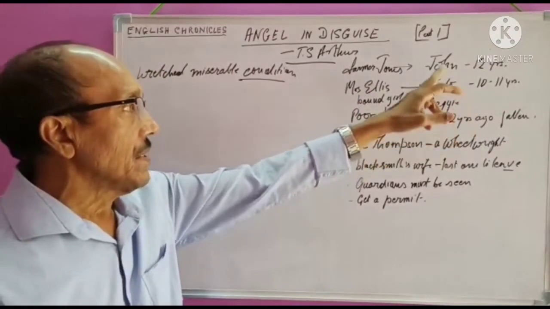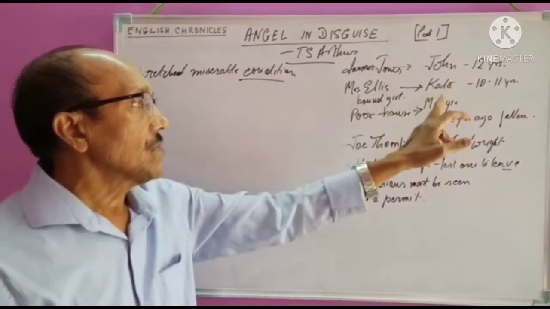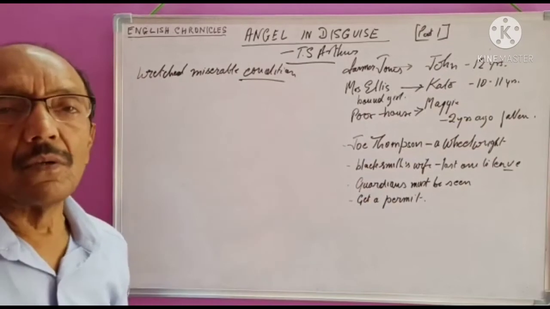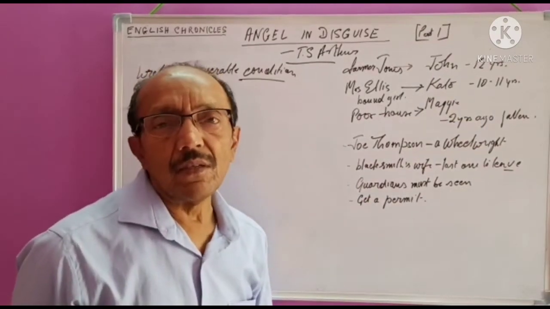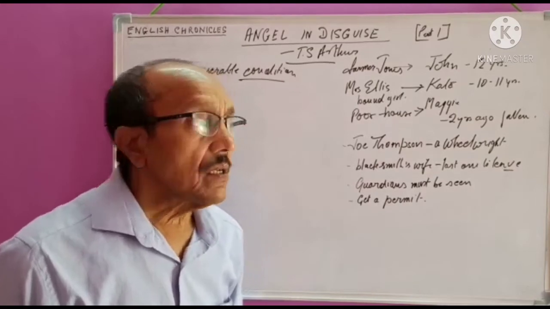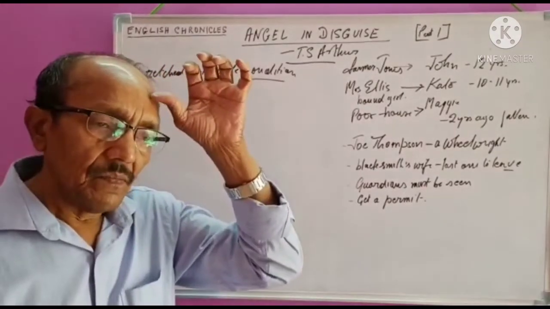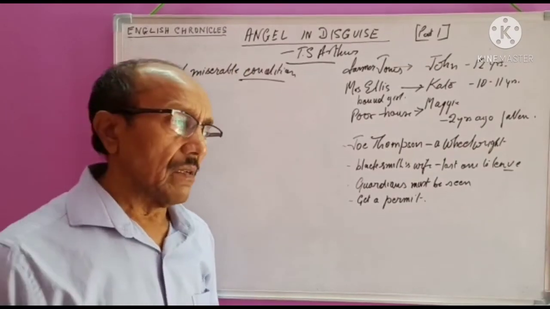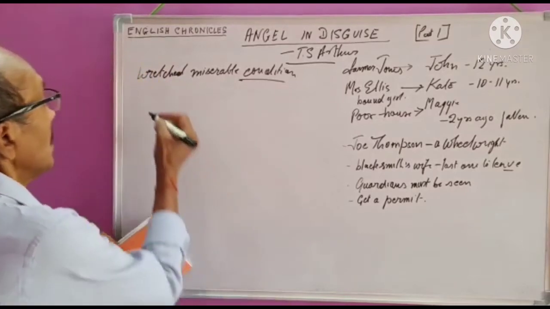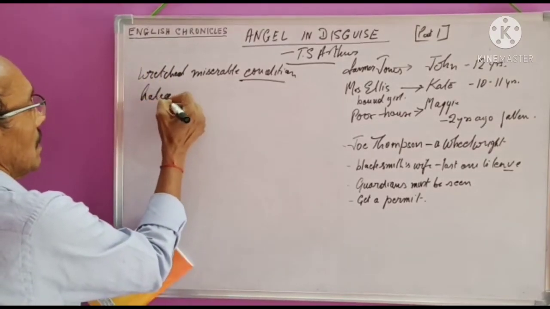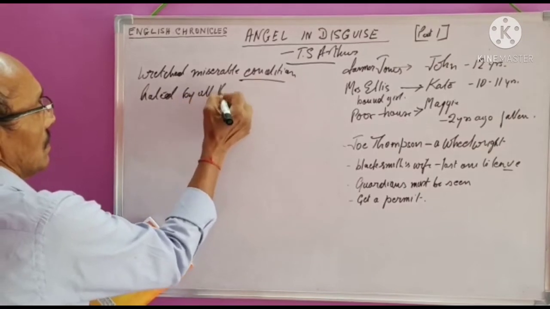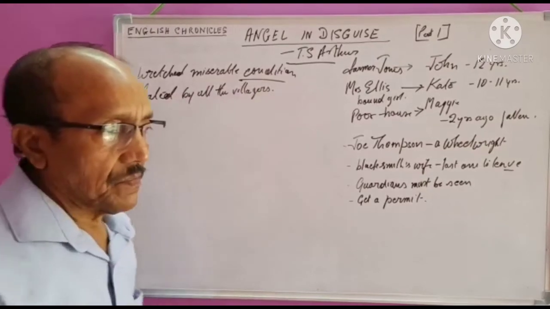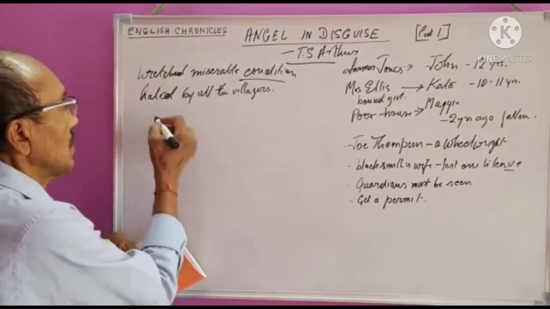she has three children. The eldest is John, 12 years, Kate, 10 to 11 years, and Maggie, a little child, and she is also diseased. She has a broken spine. And this lady herself is a drunkard and is hated by all the villagers because she cannot afford anything. No one likes her because most of the time she is in a drunken